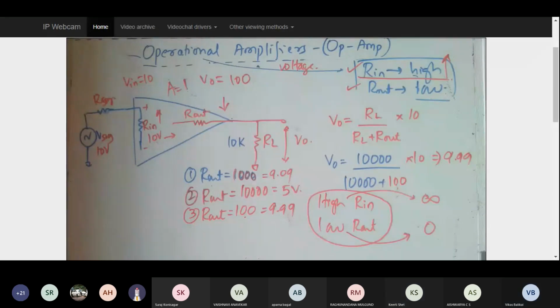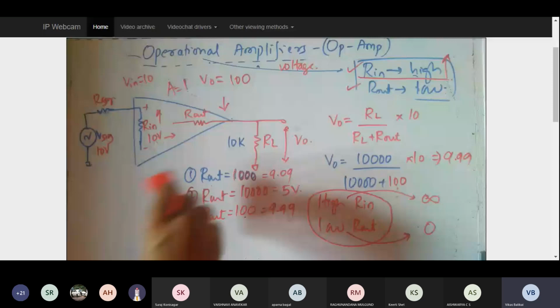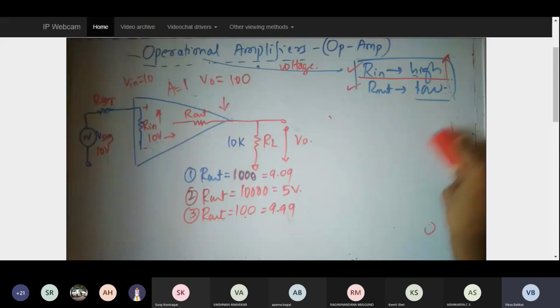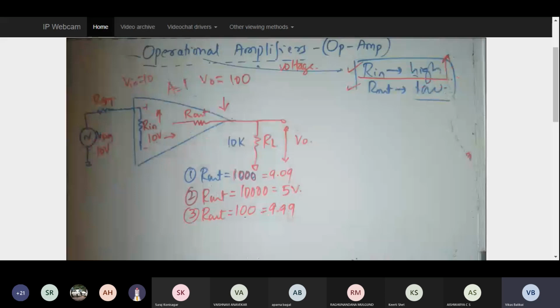Now, once we know the first two characteristics of the operational amplifier, it's time to go ahead and try to identify what are the other characteristics of the operational amplifier. Now, there's one question from examination point of view, which is going to be a short question. That is, explain the various characteristics of the operational amplifier. So first two characteristics you are supposed to answer, and nobody is going to ask you this justification.